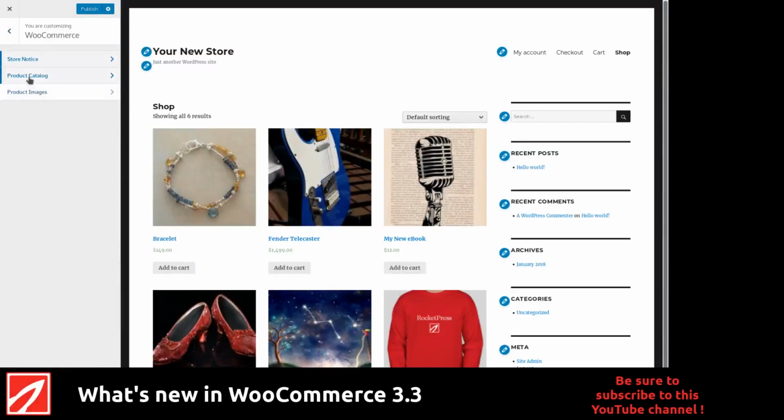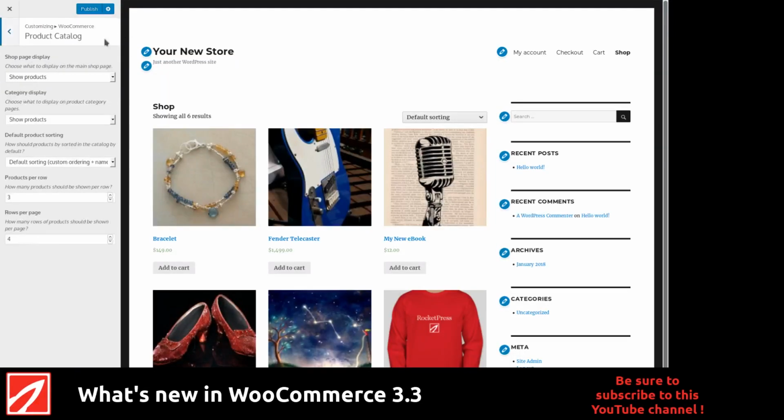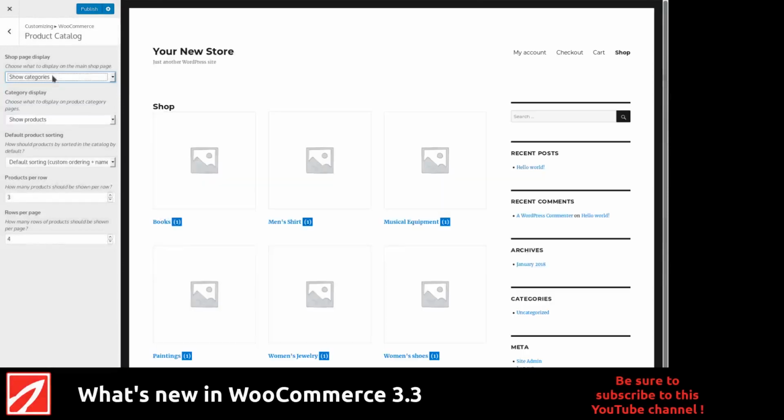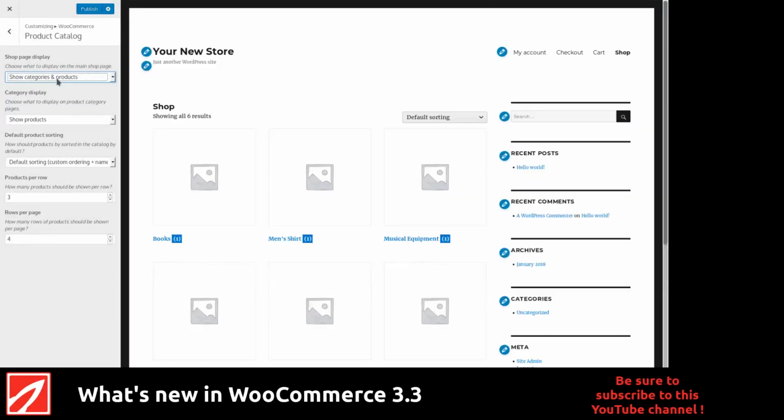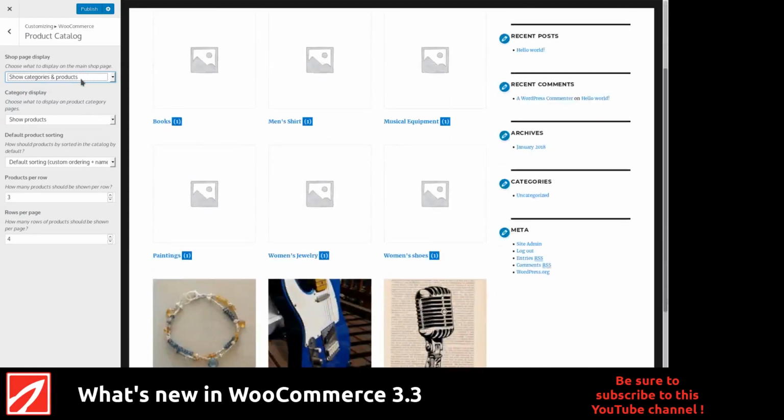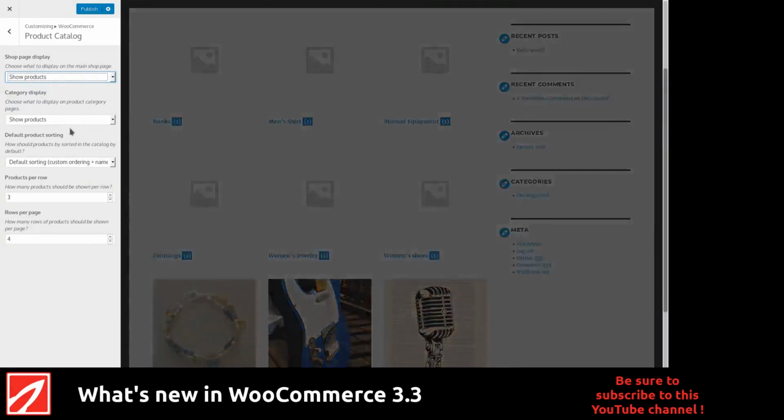And the next thing we have is product catalog. And here we have various settings that control what this shop page looks like. This is our product catalog display. The shop page can show the products, or it can show categories of products, or it can show categories and products. Whatever you would prefer. By default, that is